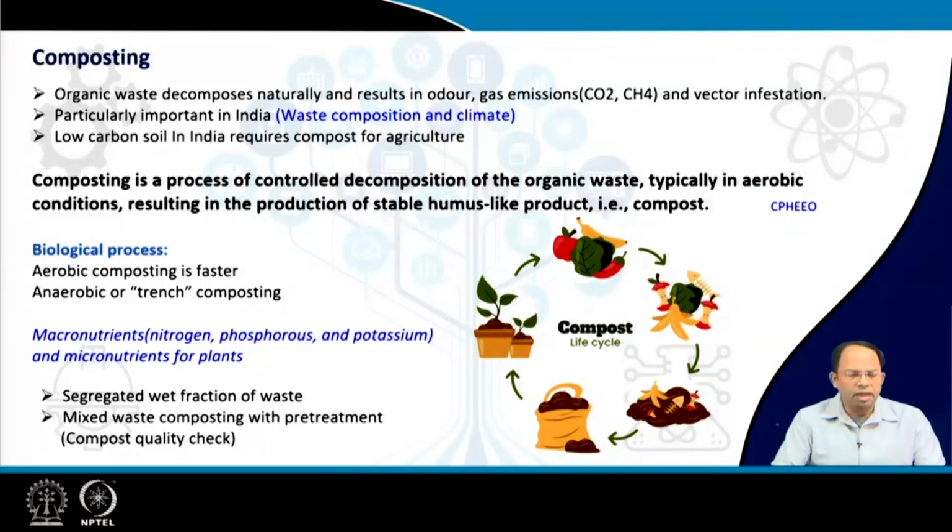So composting is particularly important in the context of India. Why is this process important? Because of the nature of the waste that we generate. Most of the waste that we generate from our homes is organic in nature, and that means kitchen waste particularly. And also because of the climate in most regions in India, which is more or less humid to a certain extent, and also hot, and that is what facilitates the decomposition process, which is eventually utilized in composting.